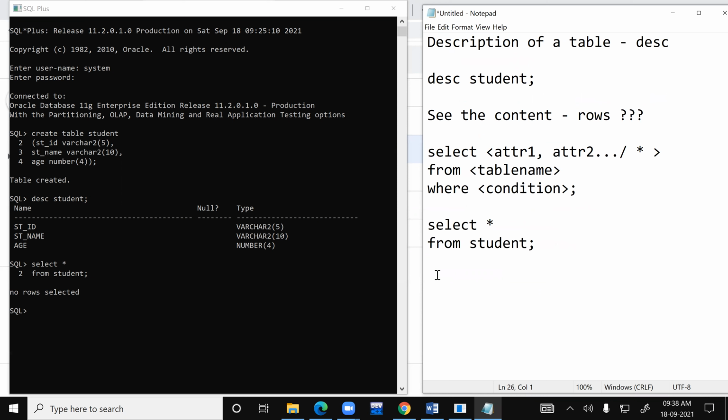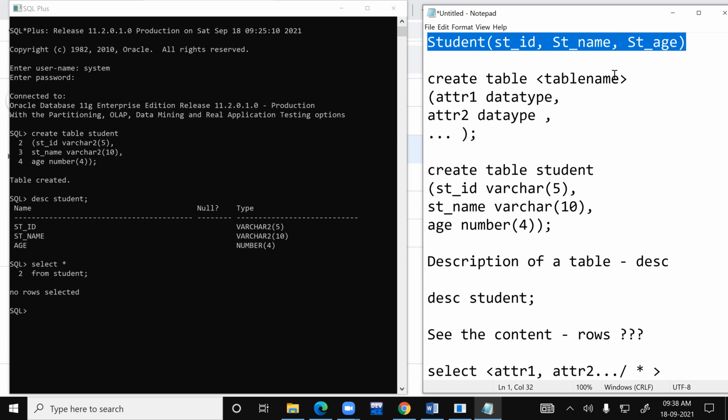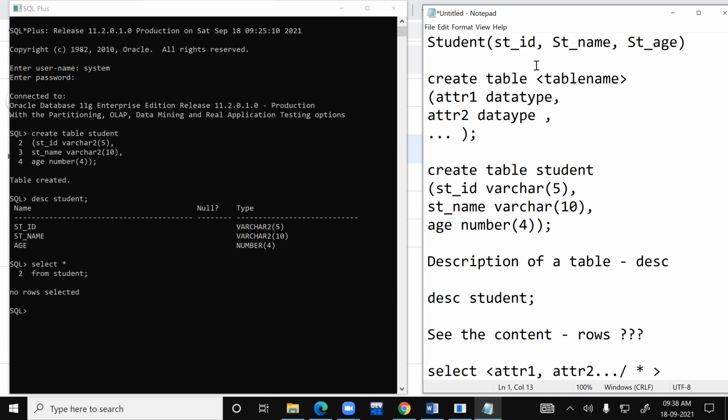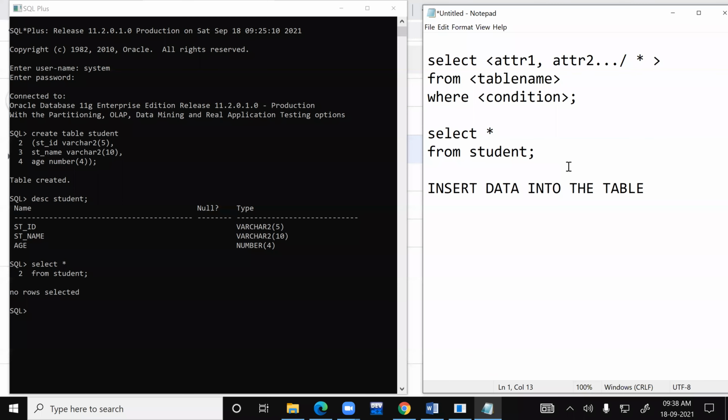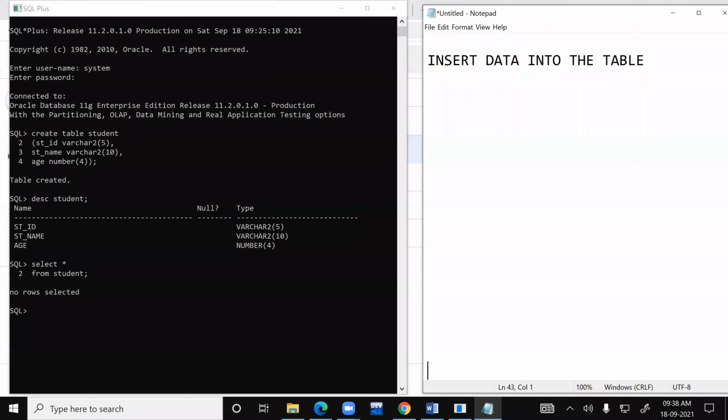Okay, so the first thing we need to do is we need to insert data into the table. We need to stuff in data. Now you need to add a few rows. Now let's see the very important thing. How do you insert data into a table?